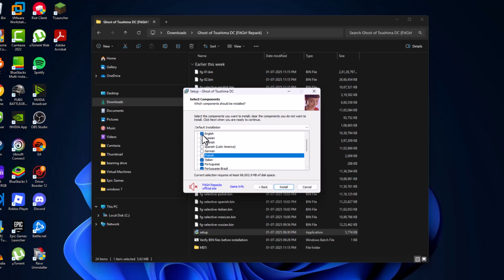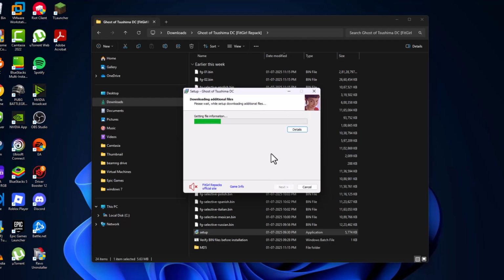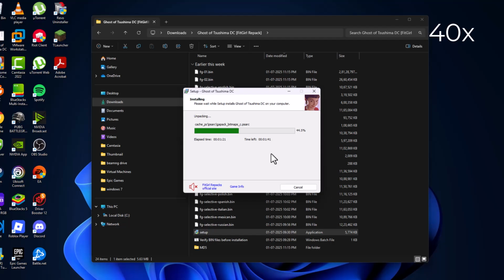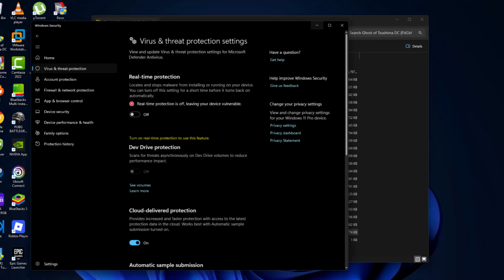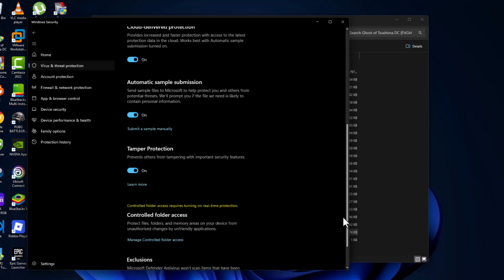In voiceovers, you just need to select your preferred language guys. I'm going to have English, and then select the install option. After the installation is done, you just need to open up the Windows Security we minimized before and scroll down and